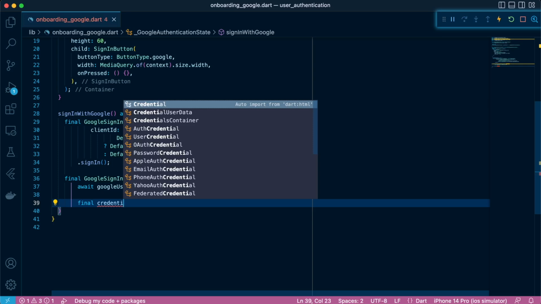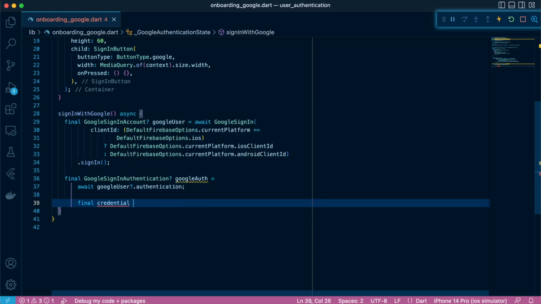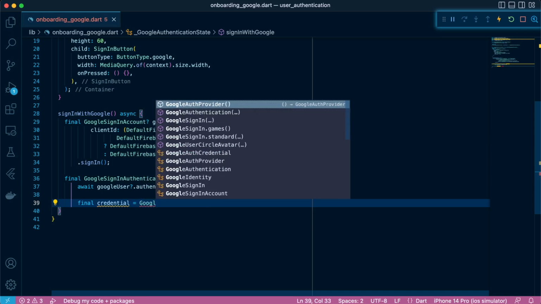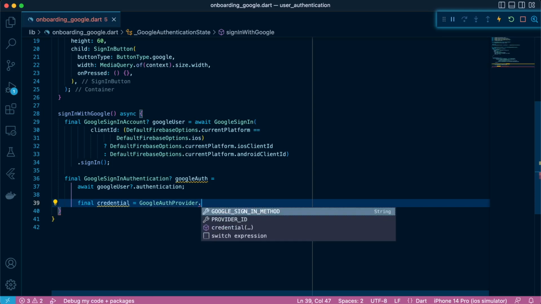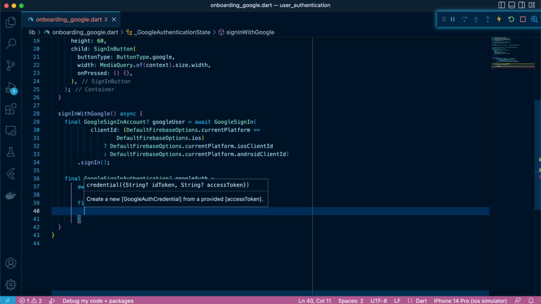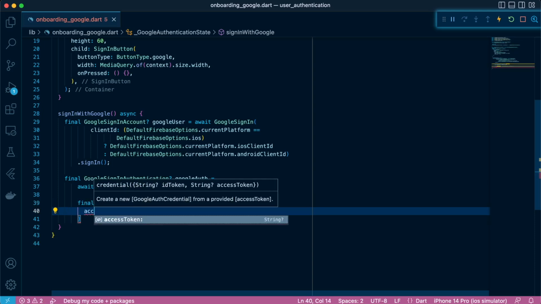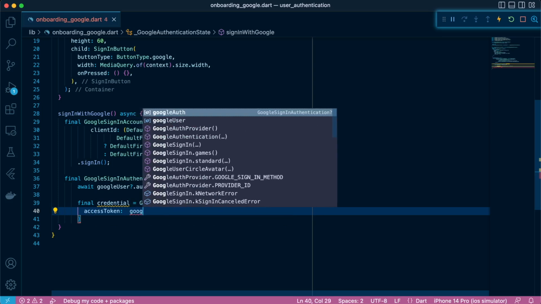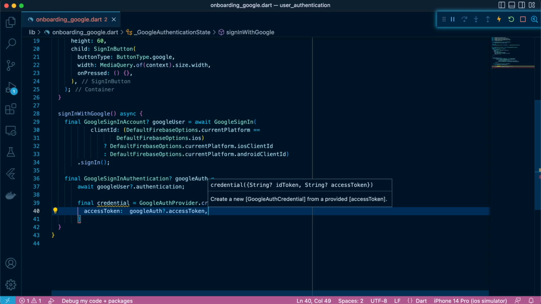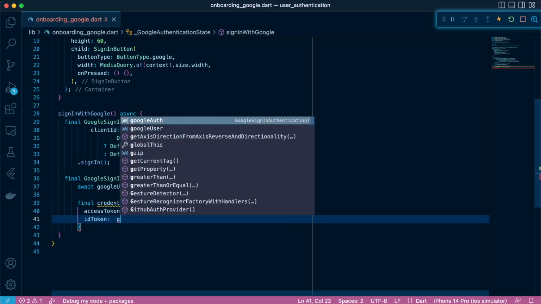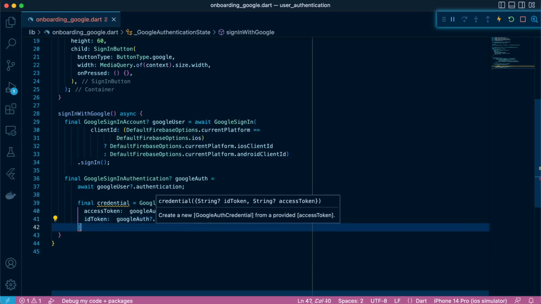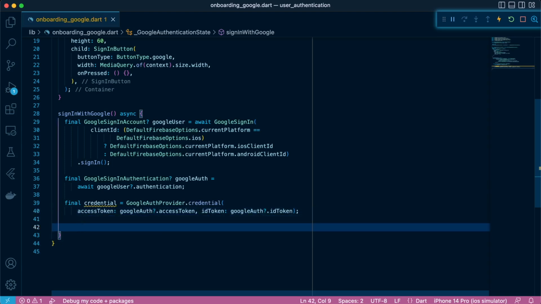So let's create a credential using those tokens that we have received from the googleAuth variable, by running GoogleAuthProvider.credential and defining the access token, which will be googleAuth.accessToken, and the ID token, which refers to the OpenID Connect ID token. Great. Now that we have our credential variable,